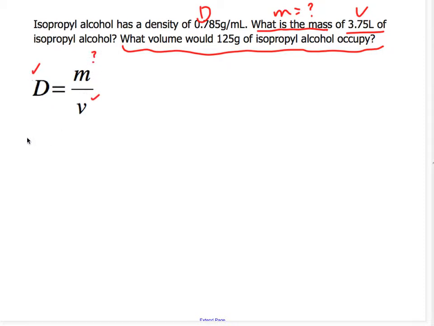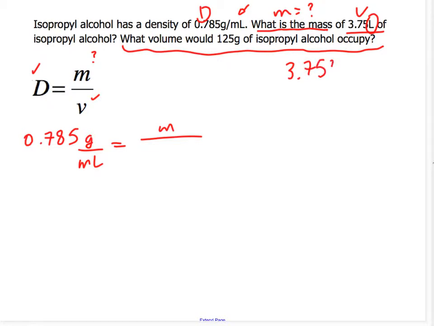Let's plug the numbers in. So density is 0.785 grams per milliliter is equal to the mass, I don't know, divided by the volume. Oh, now hold on here. This volume is in liters, but our density is in milliliters. We need to get those the same. So let's change this